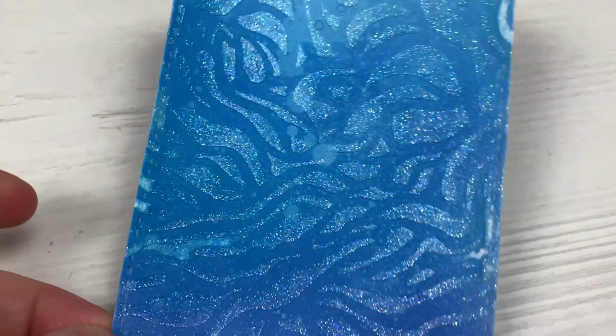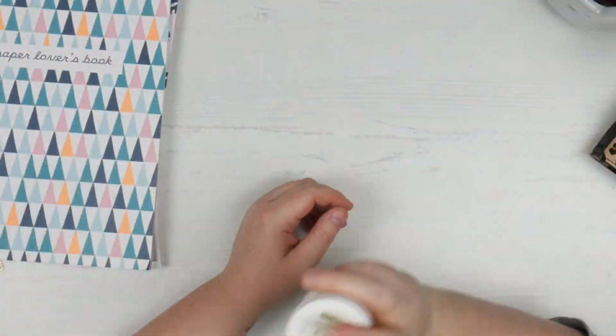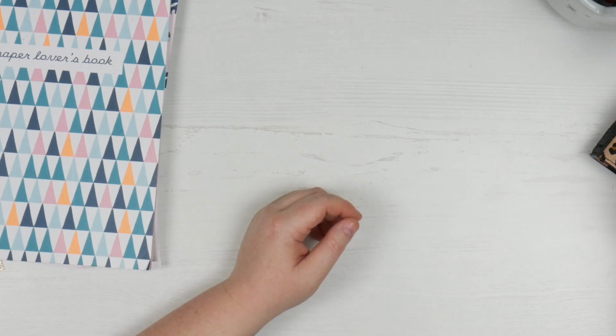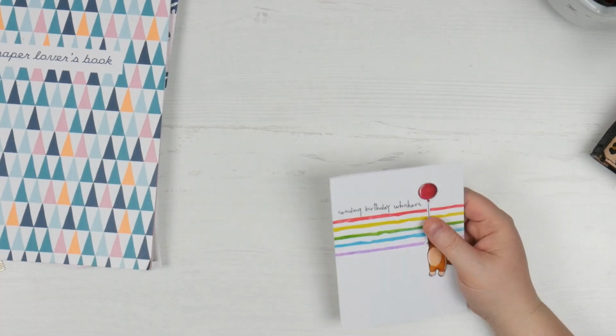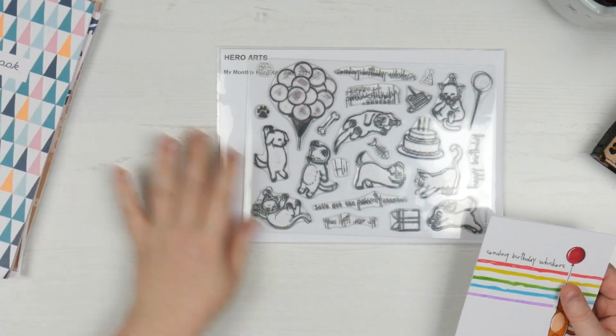You guys know I'm into texture pastes at the moment. I have some ideas for some things with some texture paste for Christmas, but I'm loving the Lawn Fawn fairy dust stencil paste. While we're talking about stencil paste, if you saw my Hero Arts 5 Ways video that